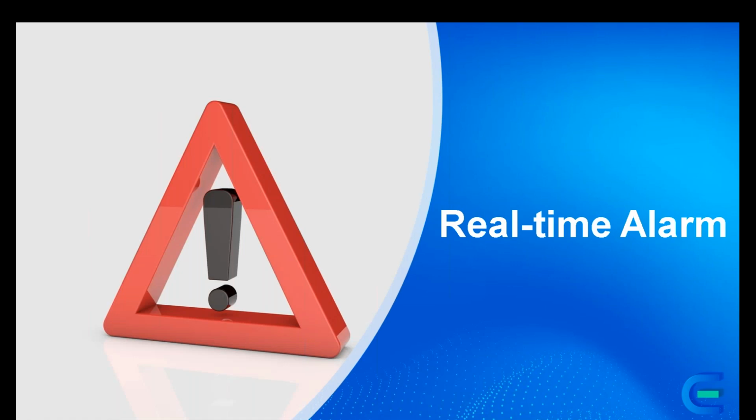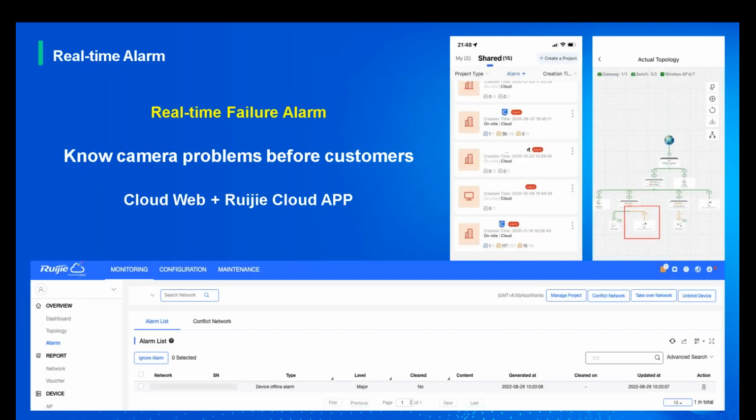So another feature to keep your CCTV network stable is real-time alarm. You have this option in the cloud web, even in the Ruijie cloud app. You can see all the alarms on your mobile phone, so it can give you a lot of time to go and try to restore the camera